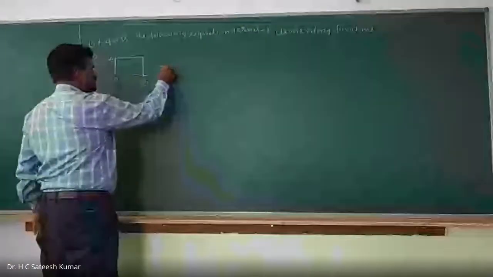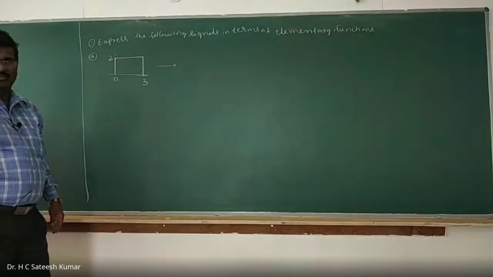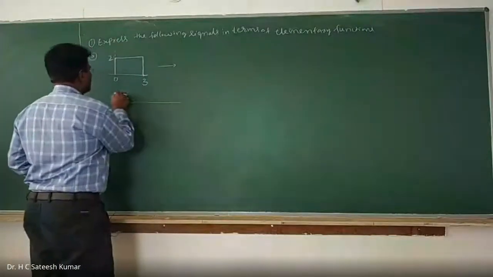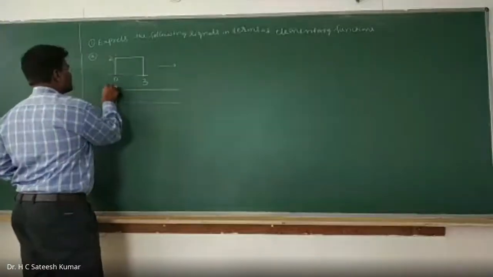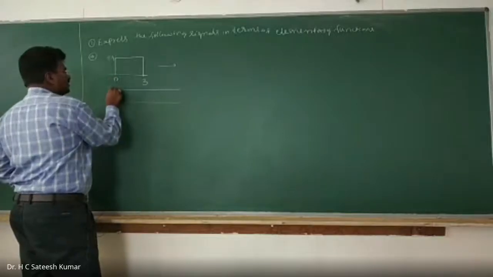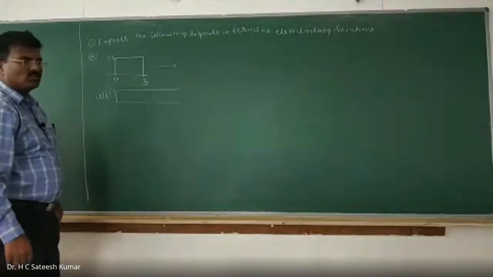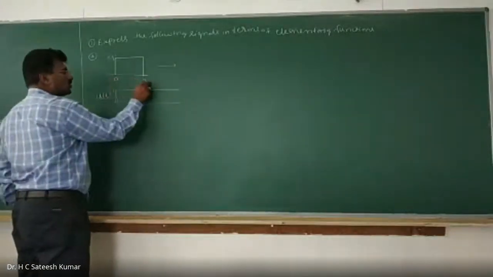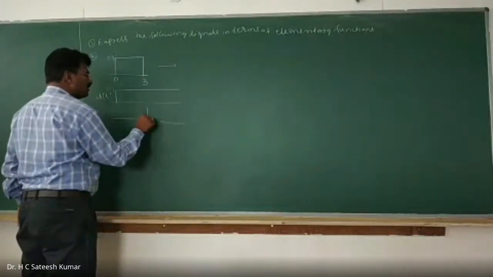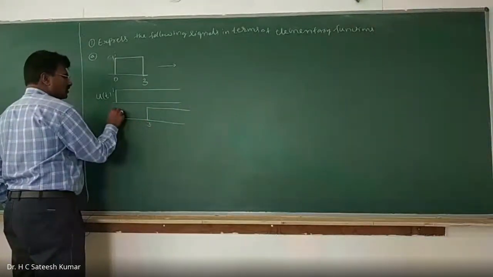Observe here. Any signal starting from 0 up to infinity, what do you call? u of t. Let the amplitude be 1; later on we can go for that. It will go up to infinity. Now, if you want only from 0 to 3, you subtract the part from 3 to infinity. What do you call the signal from 3 to infinity? u of t shifted right by 3 units, so we call it u of t minus 3.